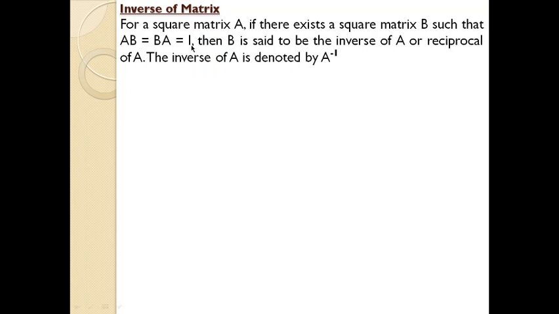We all know what is meant by identity matrix. Identity matrix is a matrix in which the diagonal numbers will be 1. So if you multiply A into B, you will get a product matrix that is similar to I. And if you multiply B into A, you will get a matrix similar to I. And finally, it will be I. Such that all the products of these matrices, you will finally end up with a matrix whose diagonal numbers are 1 and other numbers are 0. That is the concept. It is a basic concept.